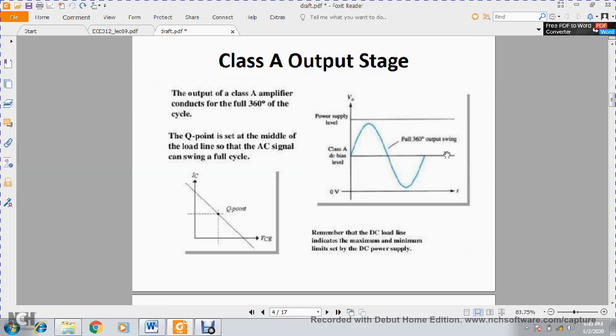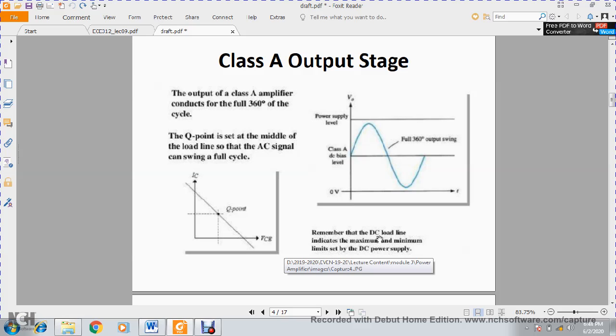Class A output stage. In brief, as I said, you get complete output for a class A output stage, meaning a class A power amplifier. You get complete output at the circuit output. Now, I said one should place the Q point exactly at the middle. See, it is there in the middle on the DC load line. This is the VC versus IC output characteristics curve, where you have a DC load line and the Q point is placed at the middle. Because of this, you get a faithful amplification, meaning you get complete 360-degree output voltage. Alright, so this is how it is.